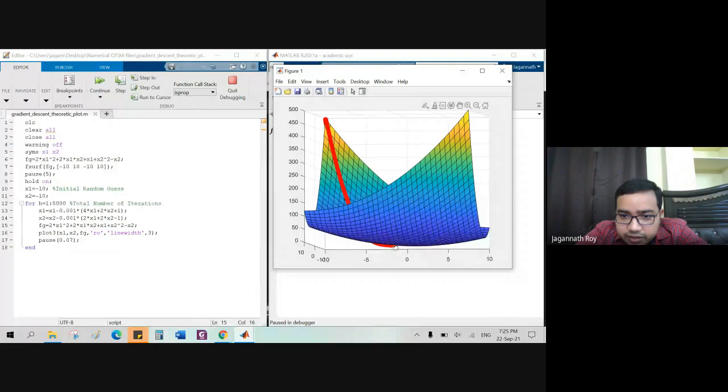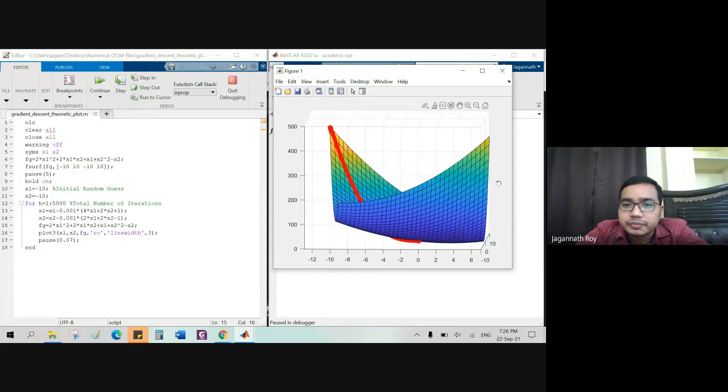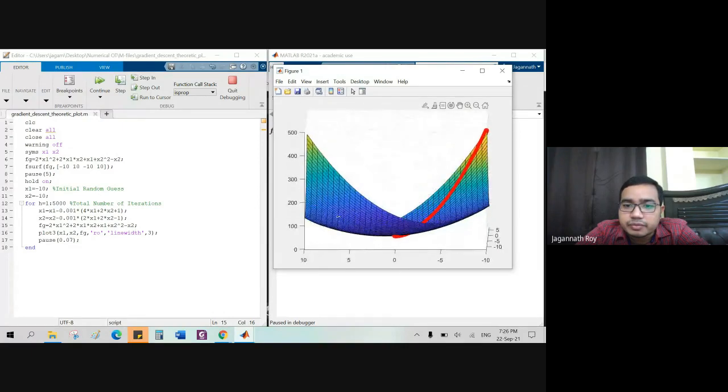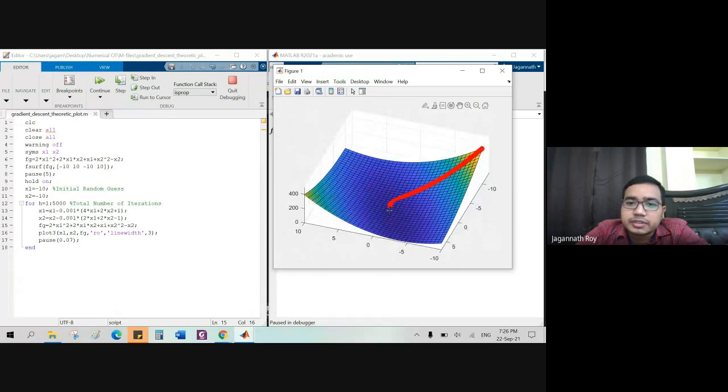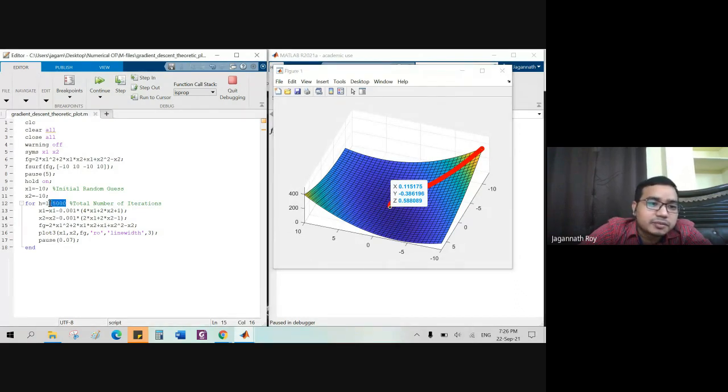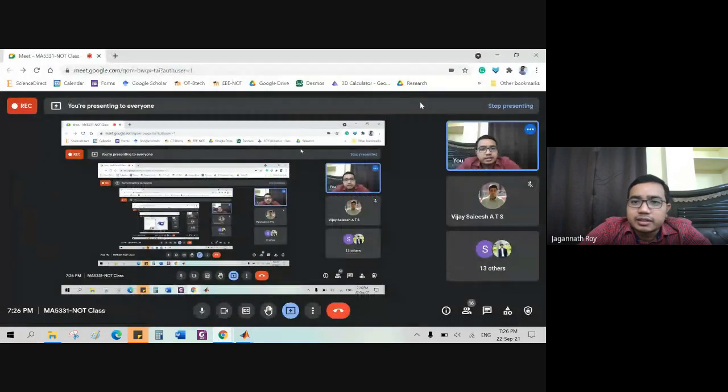This is -1, 1.5. This is the minimum point you can get. Here it is. The minimum point will be here. You can see this is -1, 1.5. It is actually still moving. I have given 5,000 here. Now, if you try to look at this function in a